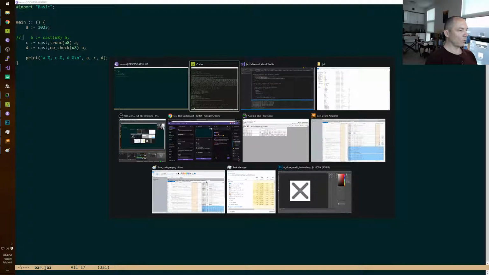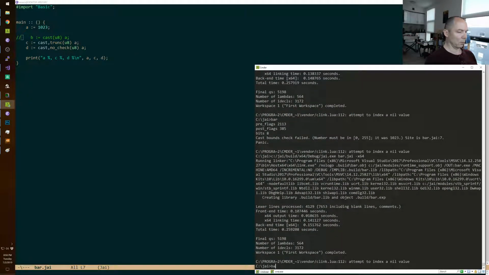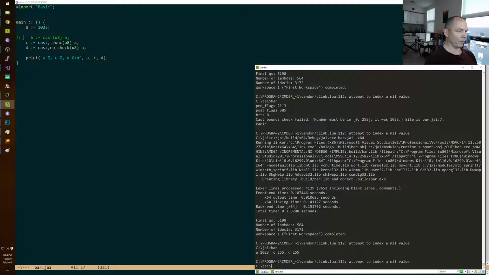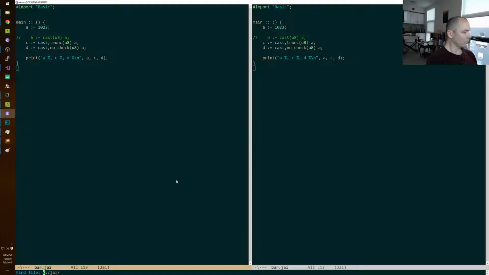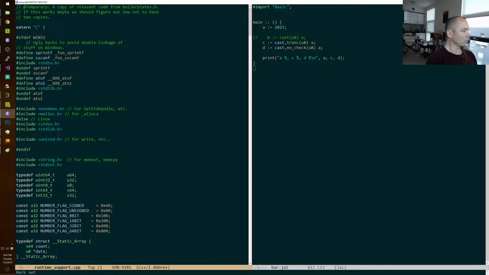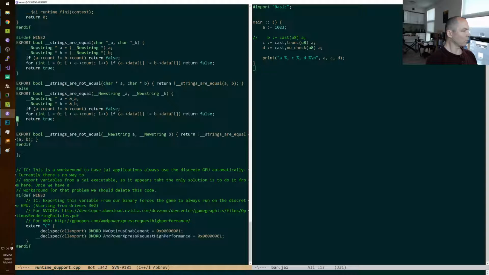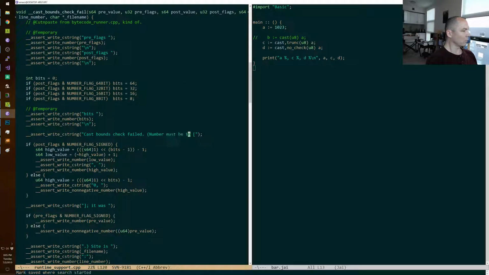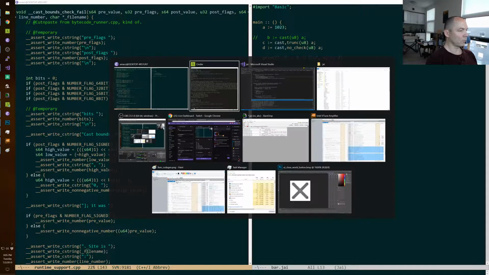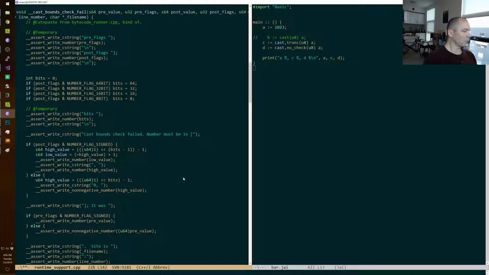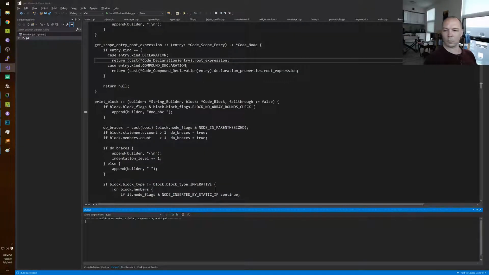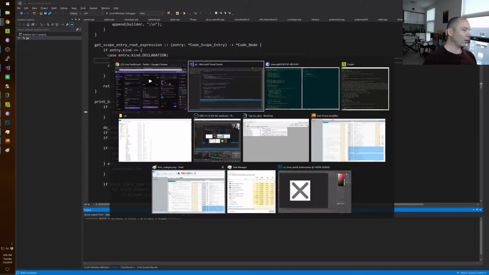If I comment this out. Okay. Is indexing the nil value a safety feature?